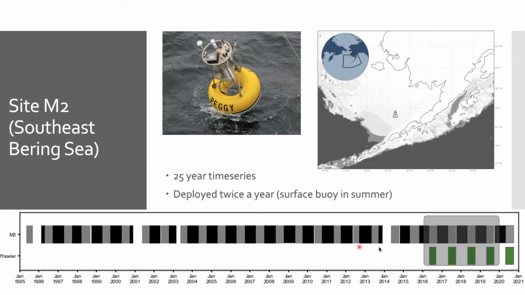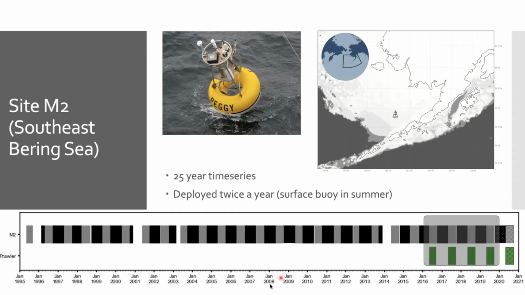Here on the right-hand side in green are the co-located 4 years of Prowler data that I'll be showing. And then off on the right is the scheduled, but currently awaiting our current situation, for this year's coming deployments. We do anticipate putting out a Prowler again for the 5th season, which could prove to be interesting because the last 2 seasons have not had ice near M2 in the Bering Sea. 1 season did, and we can talk to that a little bit here.